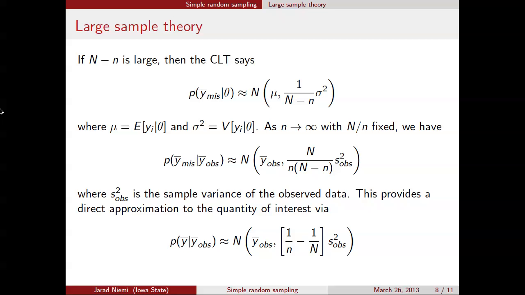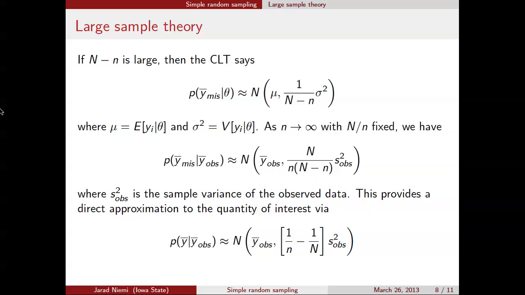So that's the large sample theory. The point here is that if n minus n is large, we're pretty large there, about 6,000, and if the number of samples you have, n, is large, we have 200. What do we normally tell intro undergrad students for how big is big enough for the central limit theorem to apply? 30. So we seem to be okay there. So then we can use this formula, and now we have an approximation to the actual posterior for y bar, given by this normal right here.